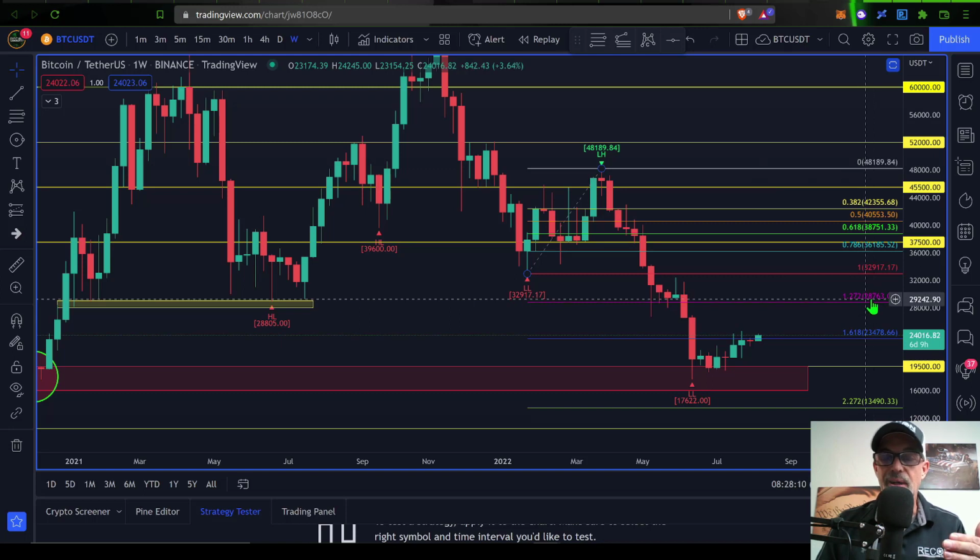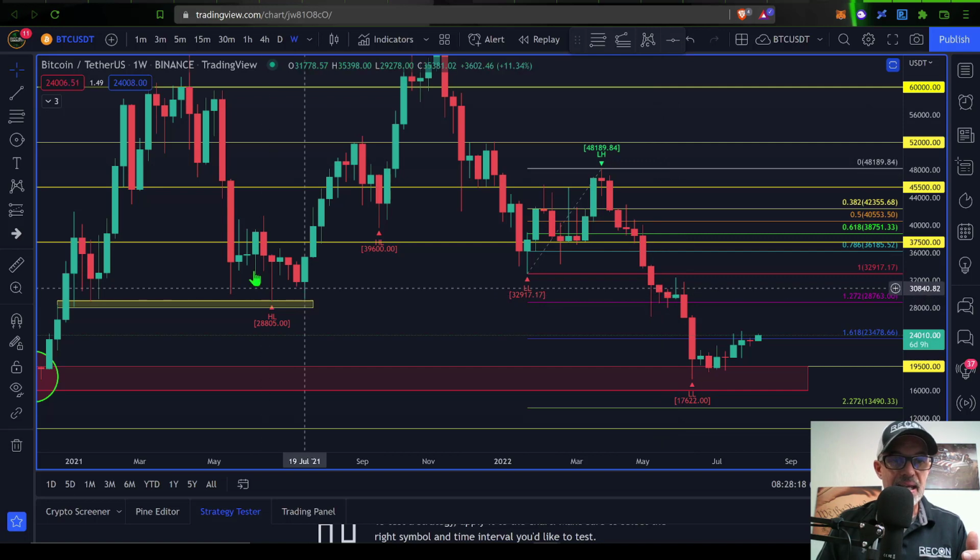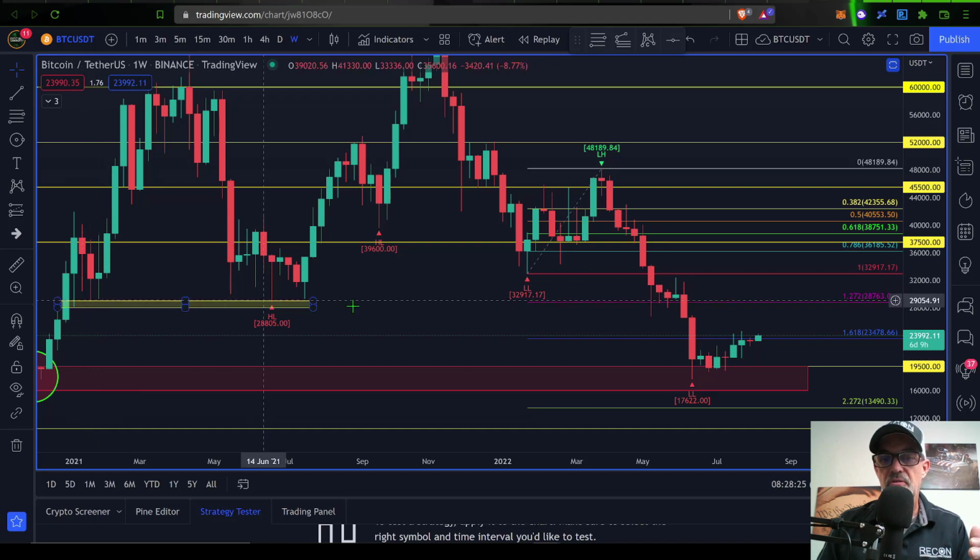28,763 or 28.8, and you will see that that is a pretty strong level of previous support back here, also back in this area back here, and even back in this area back here. So this has been a very strong level of support. So previous support often turns into future resistance, so we could expect quite a bit of resistance at this 28.8